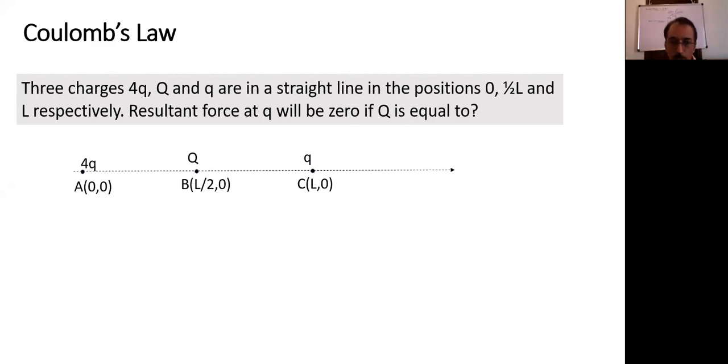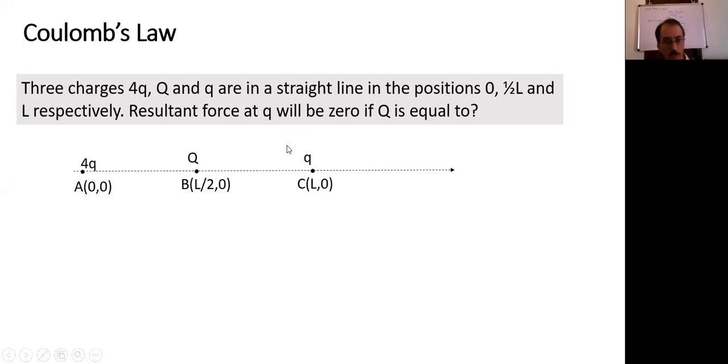Let's go through it. Before you get your answer, your method should be clear. What do I need to calculate? The resultant force on small q has to be 0. I have to calculate the force on this particle. How many forces will this particle experience? Two forces, and the net force has to be 0. Asha, you asked what the sign of the charge is. Is there any doubt about the nature of the force between 4q and small q?